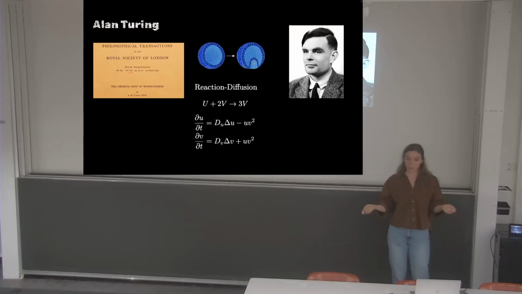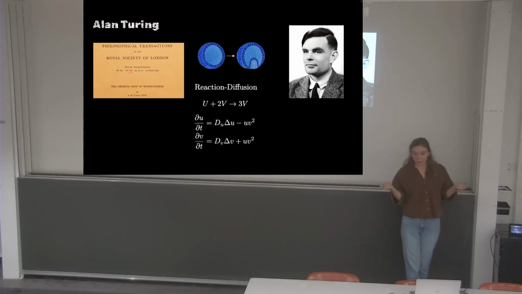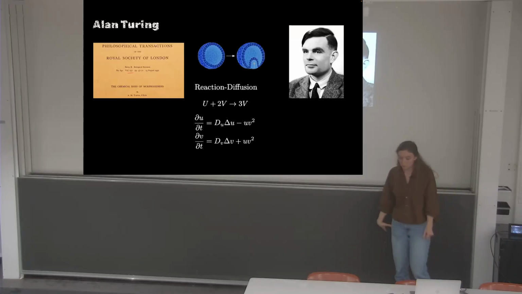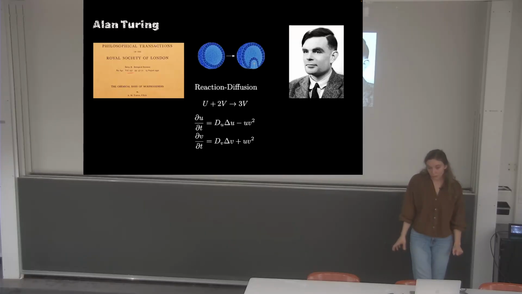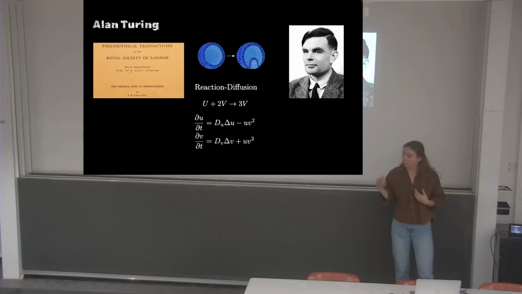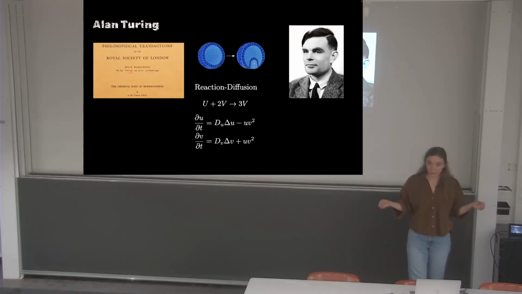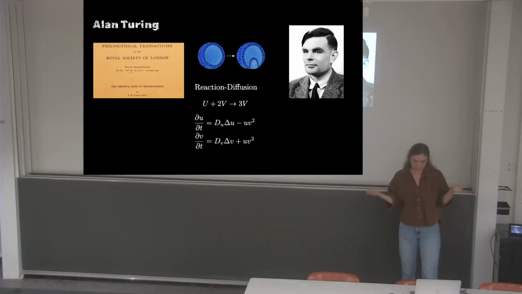But if one perturbs the system slightly from this equilibrium, the equilibrium is actually not stable and the system is being driven away from it. So this explains the symmetry breaking modeled by these reaction diffusion systems. And Turing considered more interesting topologies than just two cells. Even in the 50s, he already predicted that if there are multiple of these cells forming interesting topologies, it can lead to the emergence of fascinating patterns.